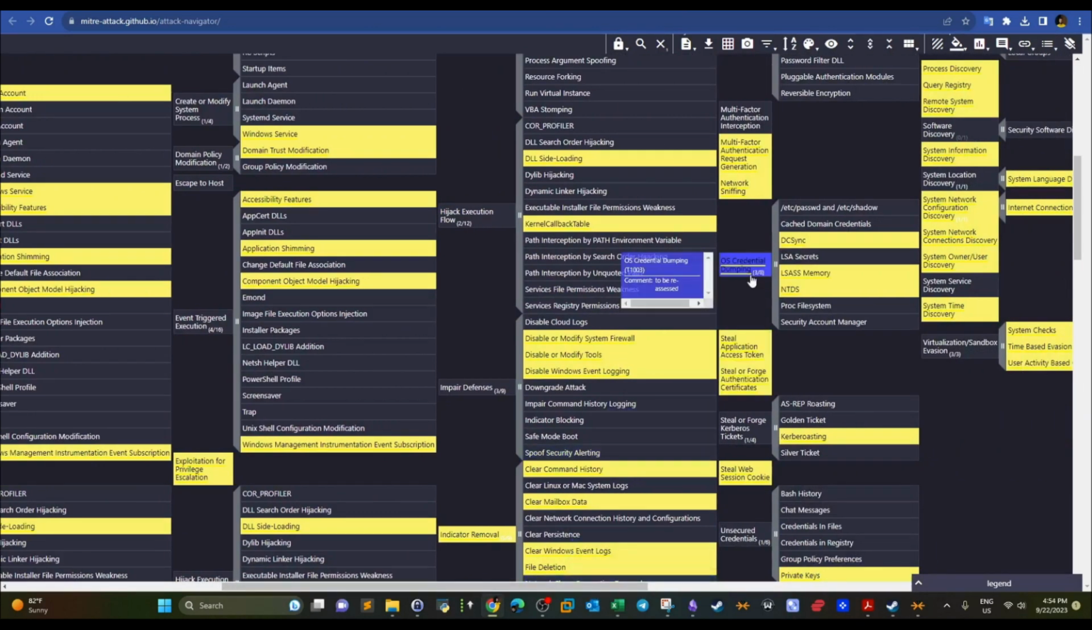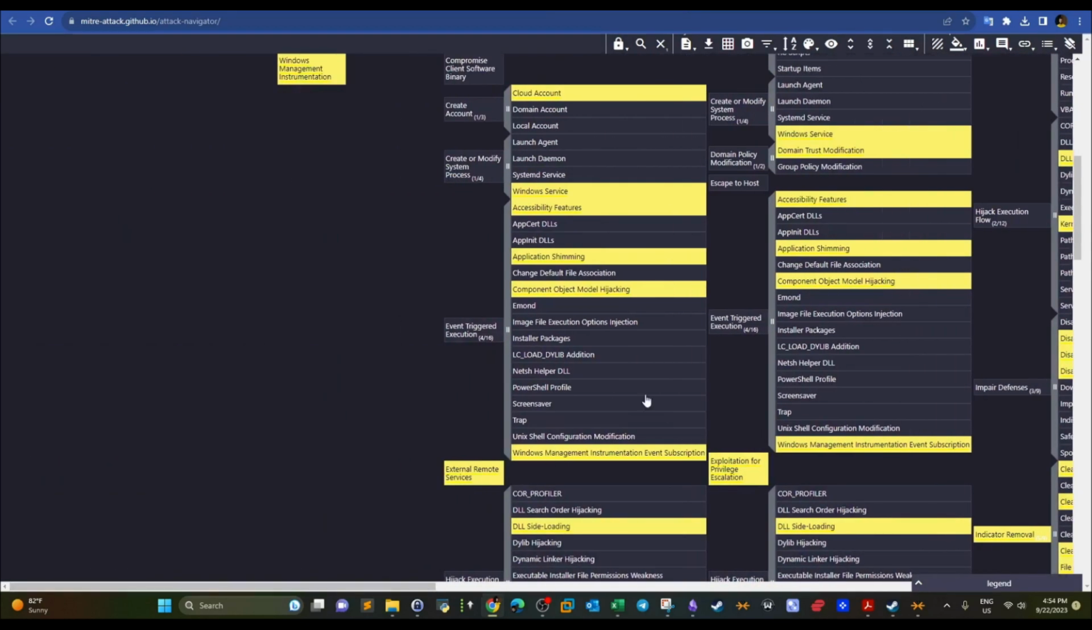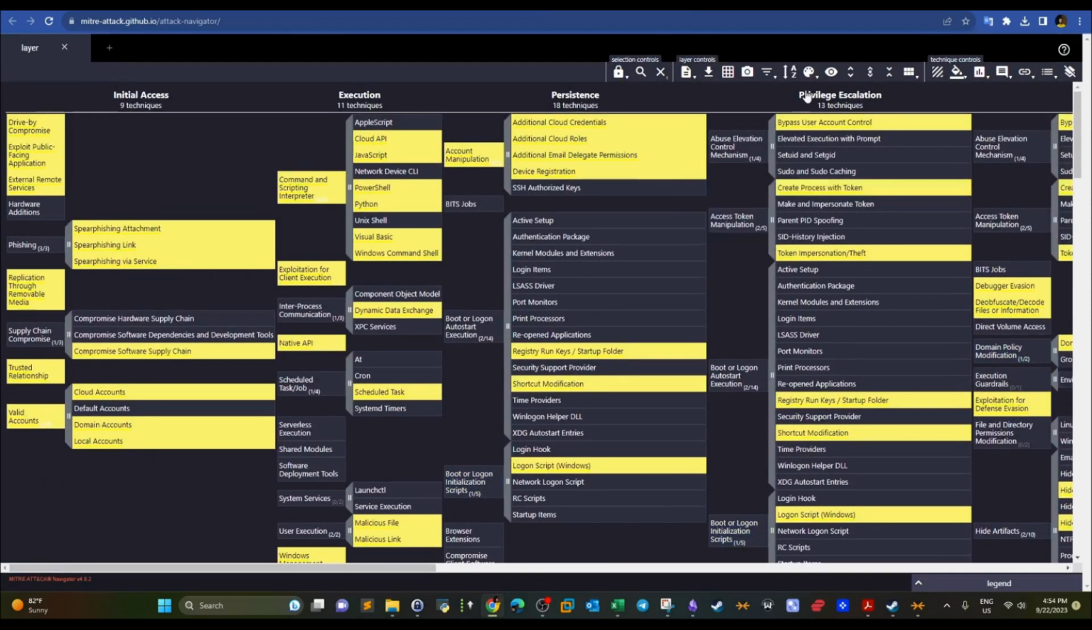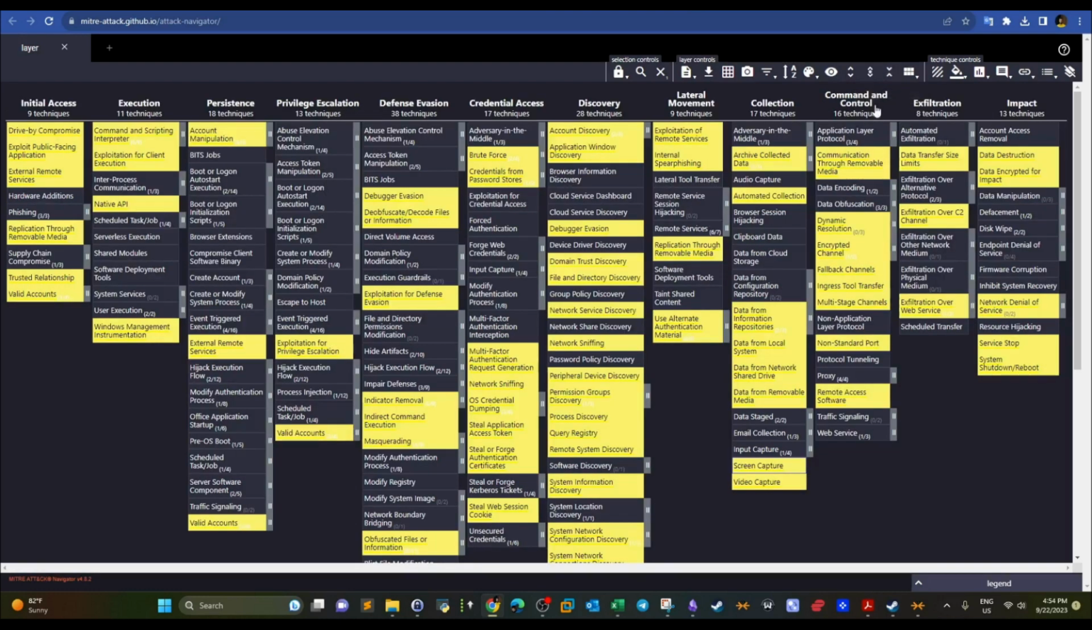OS credential dumping from DCSync attack. This is a Windows privilege escalation technique that, if successfully performed, will result in credential dumping of the OS, LSASS memory, and so on. These are sub techniques. You can also export them when you finish. You can also go back and collapse them and go back to the main view. So now we finished selecting the techniques. Let's now go to